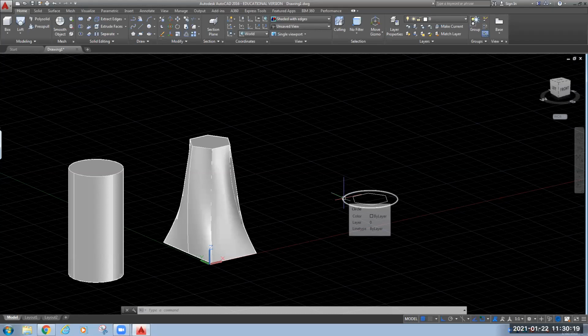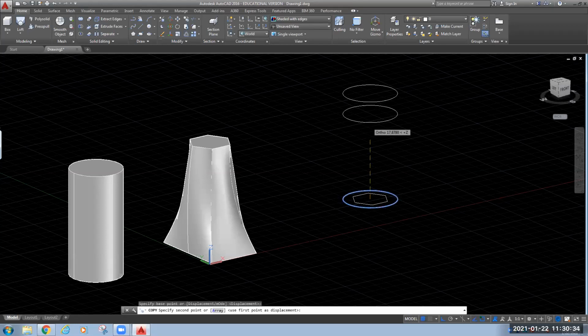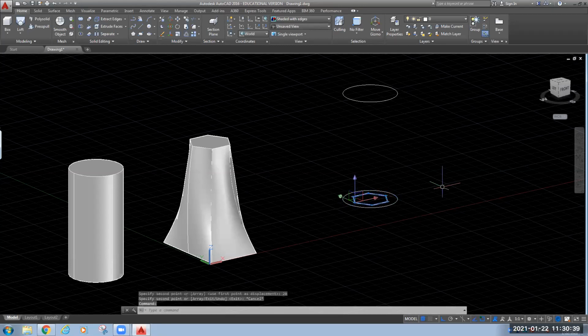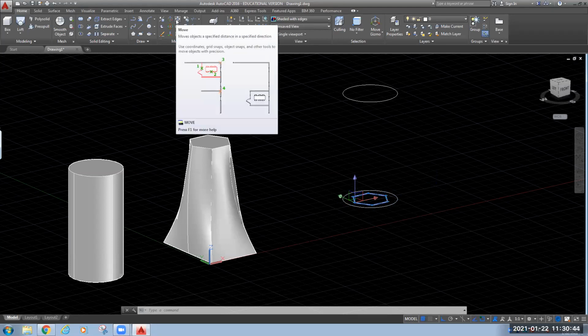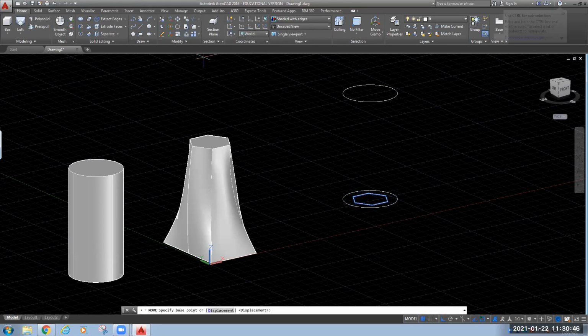And again, you can keep one circle or any other geometry. So I will take this circle only, and I will copy this circle and move it in positive z direction. Let's keep it at 20. Okay. This hexagon, how to move? Select this hexagon. Then click on this move command. On the top, you can see here you have the move command. It will ask for the base point. We will select the base point as center, and you can move it as per your choice.